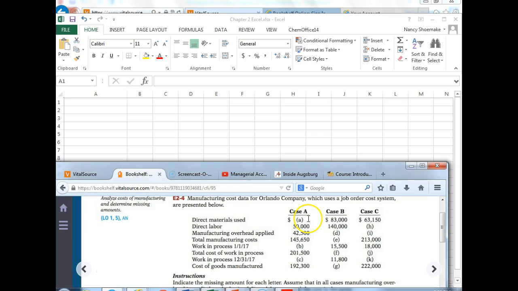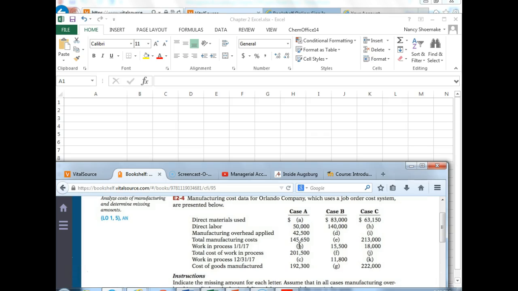So A equals 53,150. For B, our total cost of work in process of 2015 equals our total manufacturing cost of 145,650 plus B. So we know B has to equal